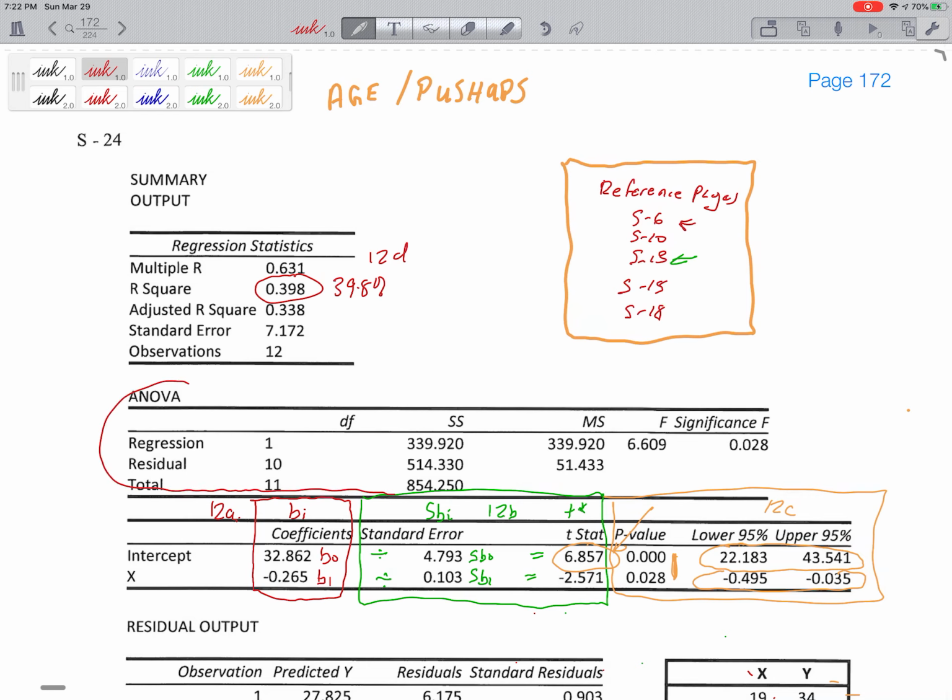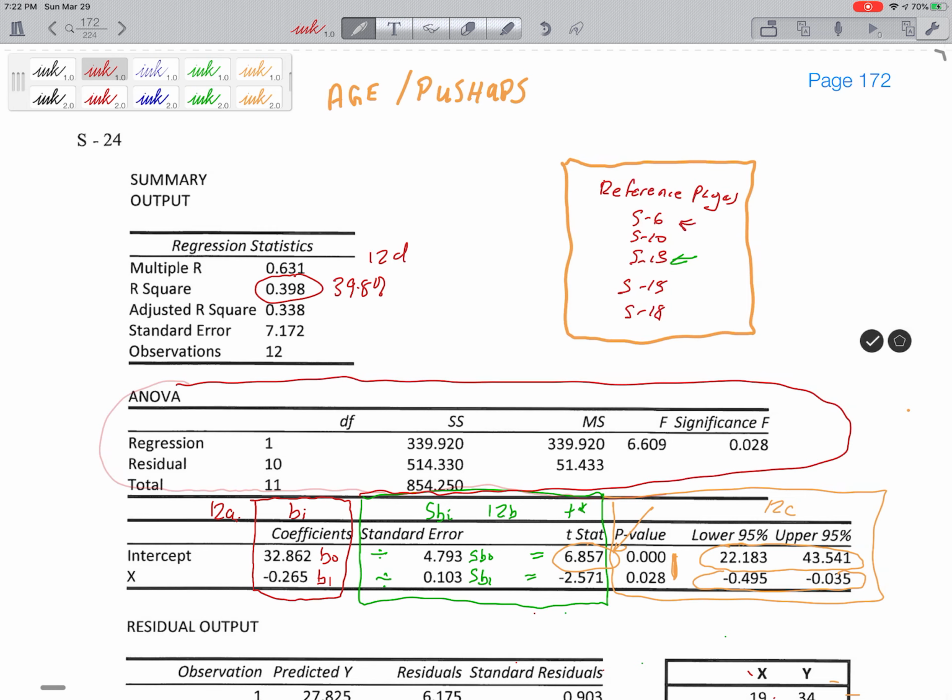And that actually ties in really nicely to the Anova table, which is right here. Right there, okay. So the Anova table, and that's 12E. So 12E, let's take a look at all the values there. So it says, where's the SST value? It's right here. So here's the SST of